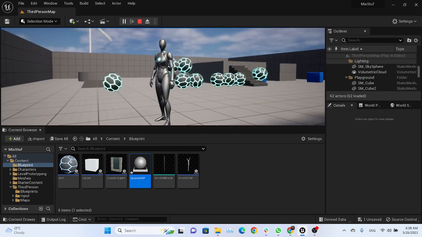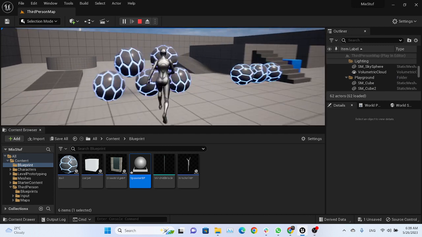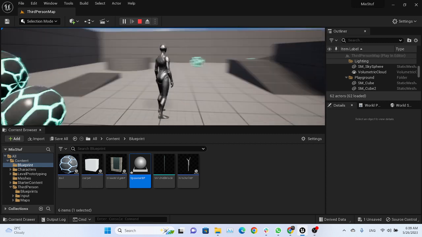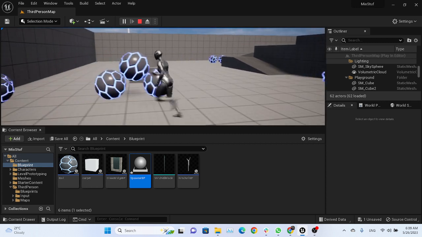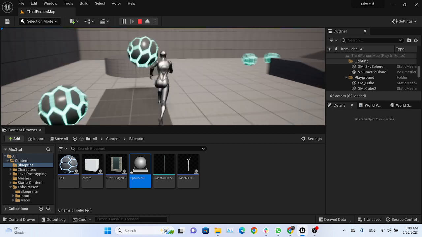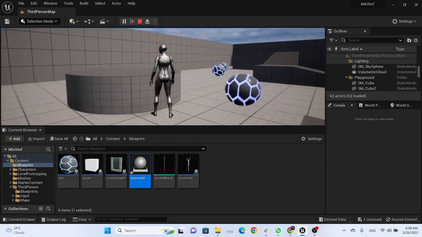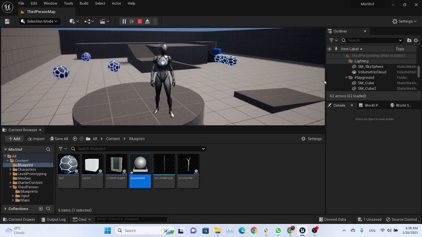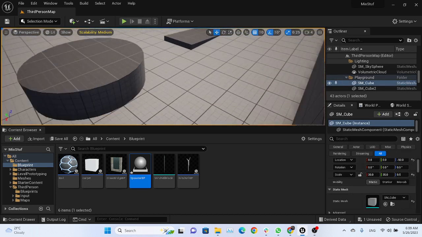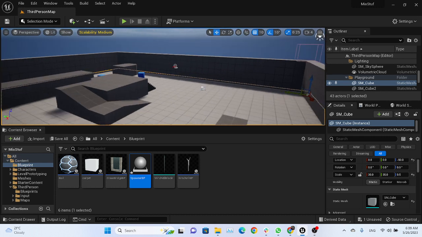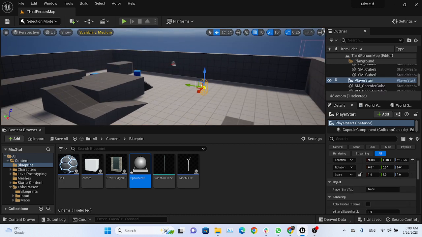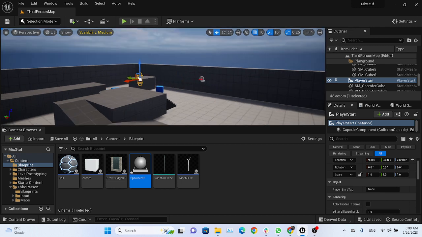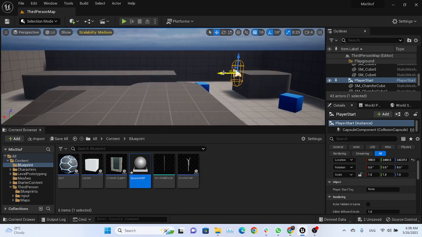We have these 10 balls. Now let's kick one of these. Actually, if you just go a little bit more crazy and want to really stress your computer, we can also do an experiment. We will spawn 50 and then 100 of these. So let's first of all move our character somewhere safe